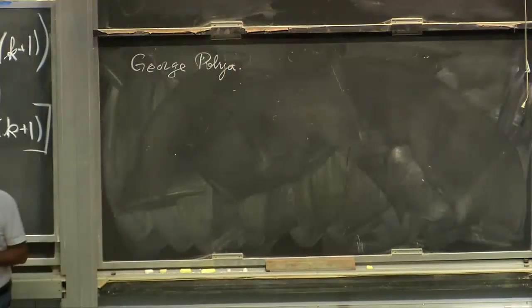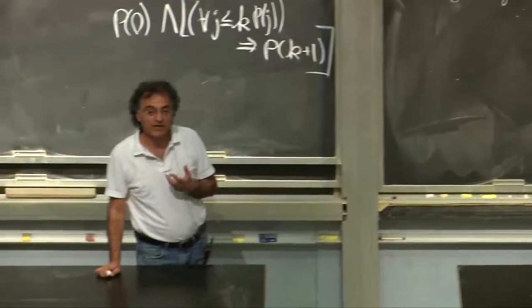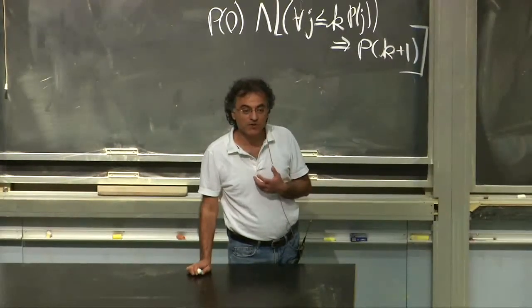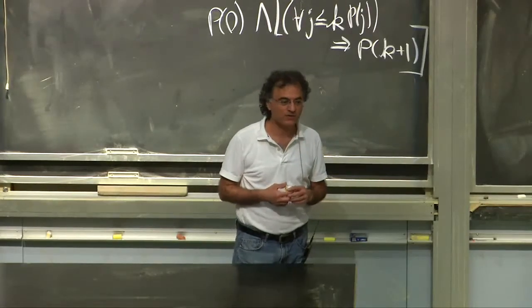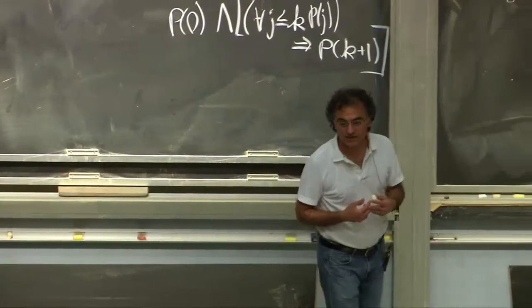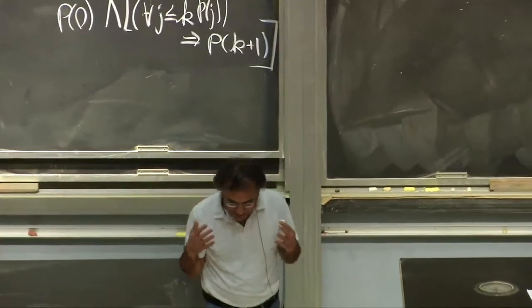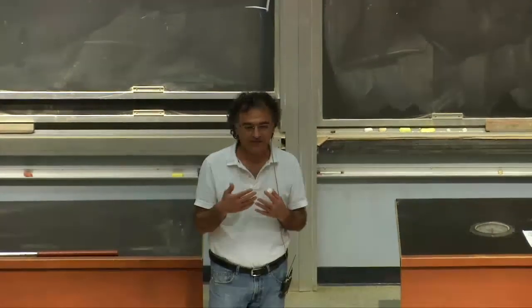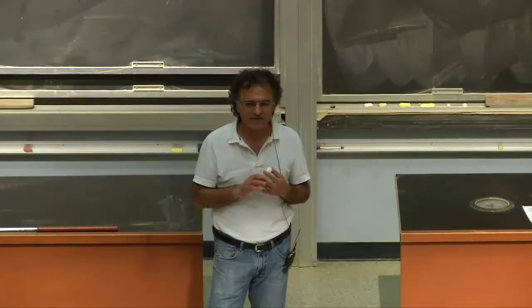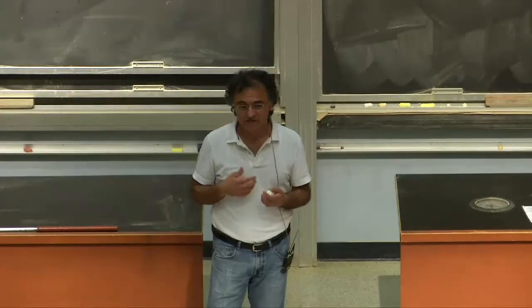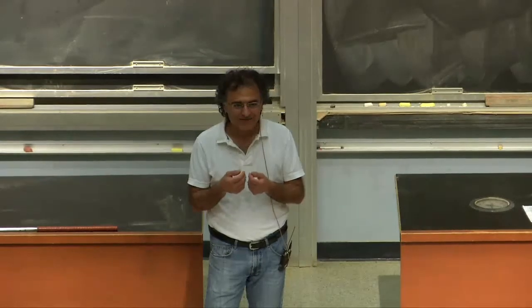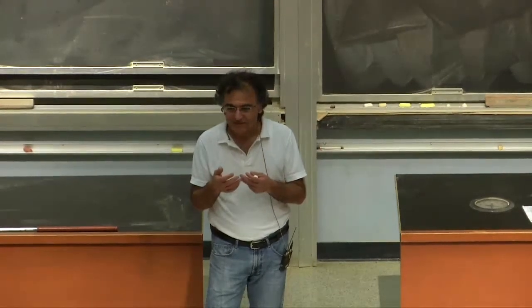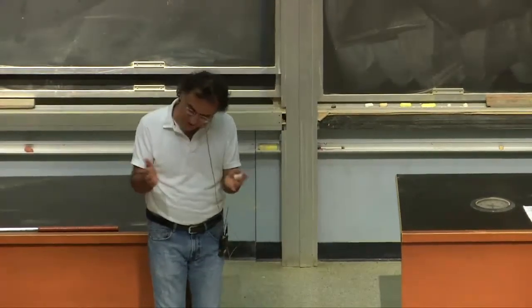He was a very famous mathematician, but even more than that, he was a famous popularizer of mathematics. He wrote a book called How to Solve It. And so he was very interested in how you teach mathematics. His view was that mathematics is taught extremely poorly, because it should be something that makes you think rather than memorize. And so this book, How to Solve It, is about